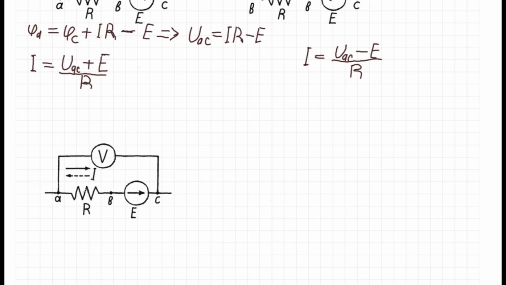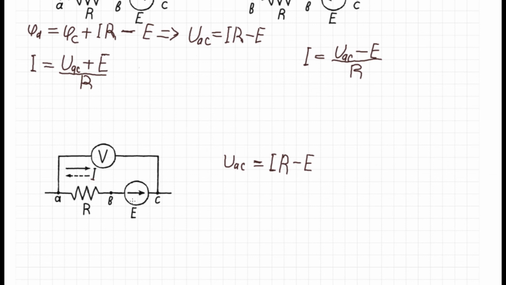On this picture we are measuring voltage on the segment, and the voltage equals, as we know, UAC equals on this segment I R minus E, and we can measure the voltage on this segment, and